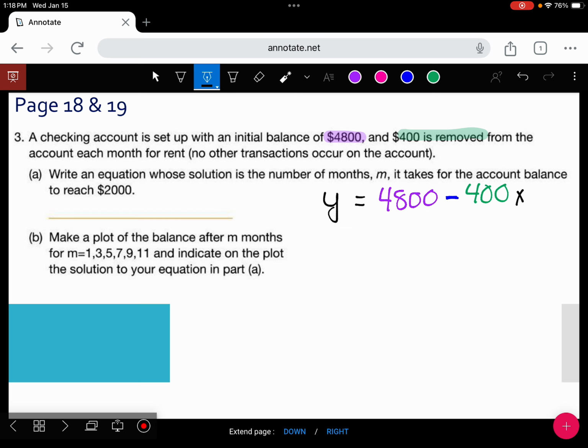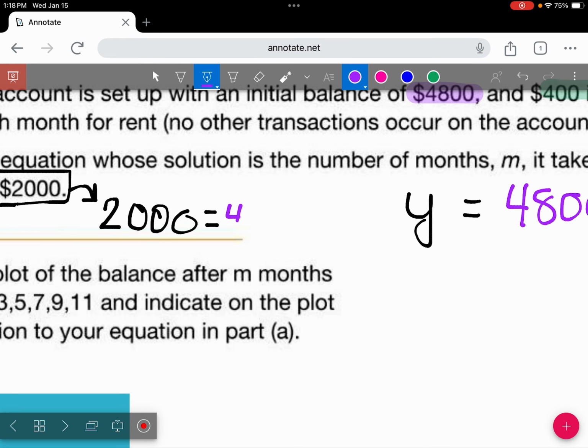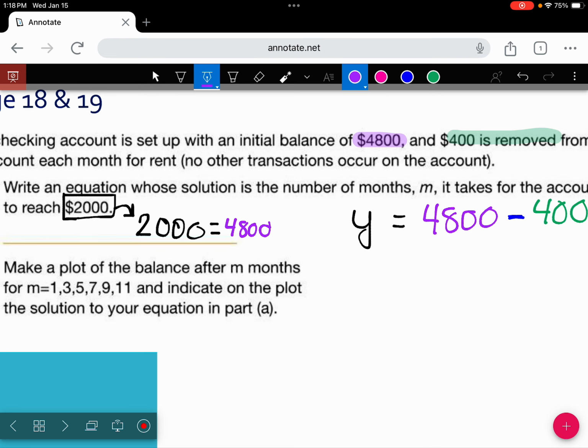So for part A, they want us to put in that we want to know x when our balance is 2,000. So the equation they're wanting us to write here is for when our balance is $2,000. If you have it switch the other direction, that's totally okay. If you put it as 4,800 minus 400x equals y, totally cool. If you put 400x minus 4,800, not okay. So what they're wanting us to do here is put our 2,000 equals our 4,800 minus 400x. That's what they mean when they say substitute in, find the number of months it would take to reach